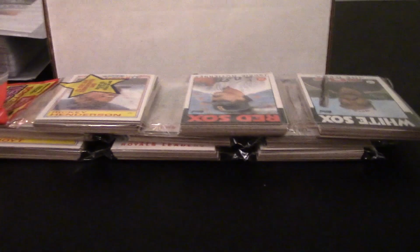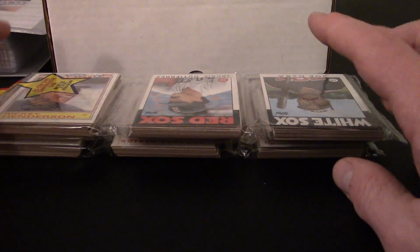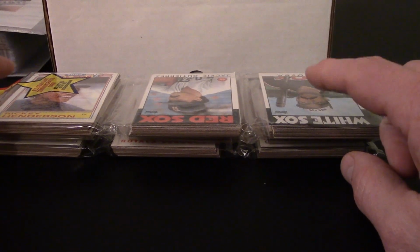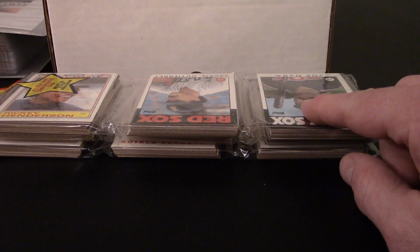Okay, so let's get into these 3 rack packs, and I'm actually going to turn the camera off. I'll stack these up, and then we'll go through them and see what we got. Alright,